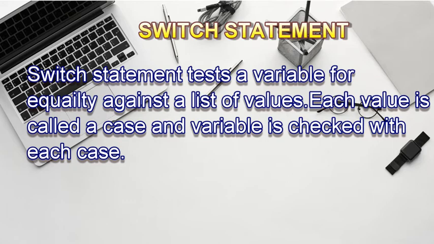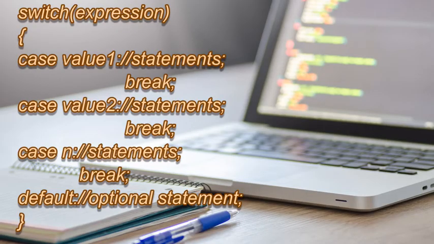As you can see on the screen, this is the particular syntax of using a switch case. First of all, we write switch and then the desired expression in it, whatever we have entered. Then I will open the curly braces and first write case value 1, meaning the first case, then the statements accordingly. Then I will write the break. But what is the basic purpose of this break statement over here? Whenever it finds that the first case has been executed, it will close that content and move outside the block of the switch statement and execute the rest of the program.